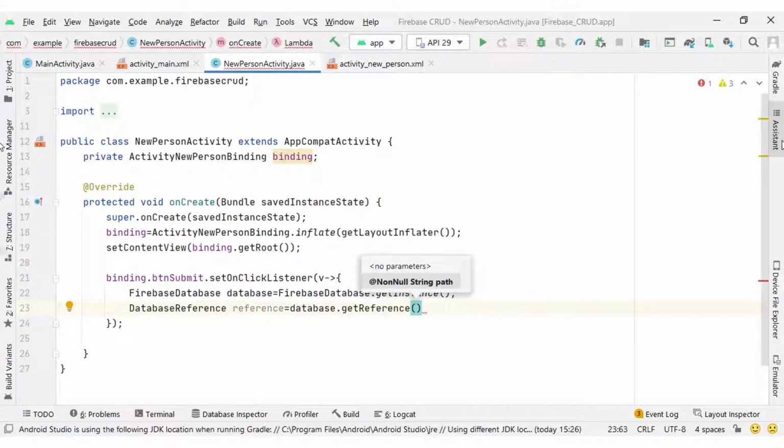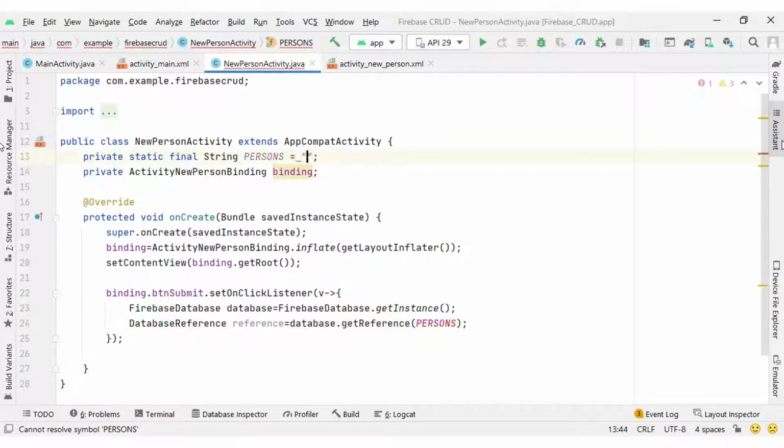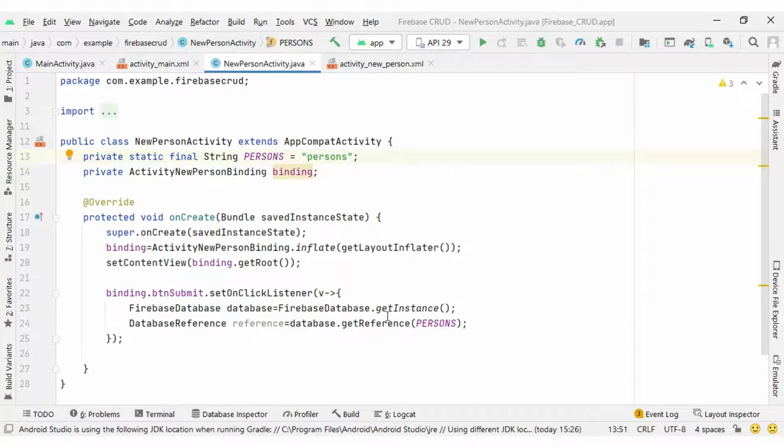We can pass a path like persons, because I am going to write the data of a person. I can create a constant here and type persons, a string parameter we pass to getReference. You can also consider this name as your table name, as compared to an SQL database.